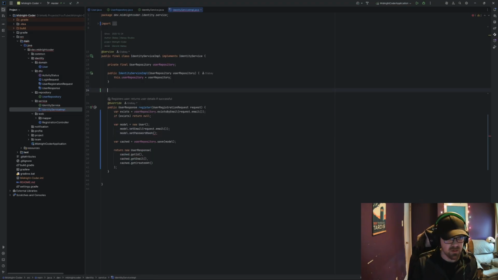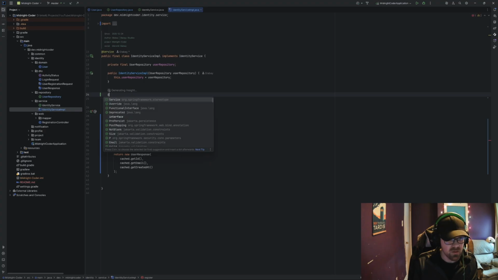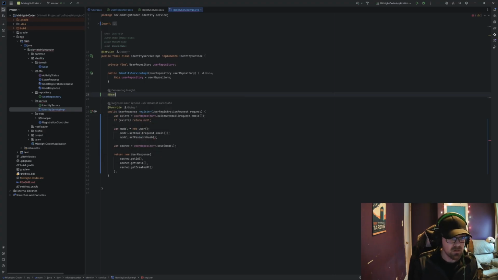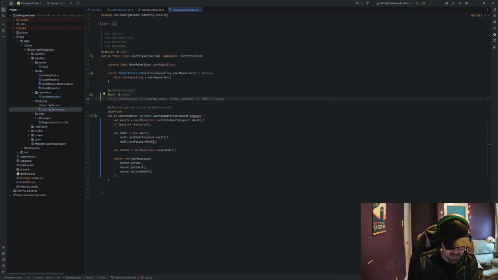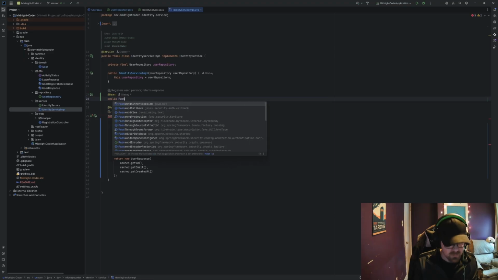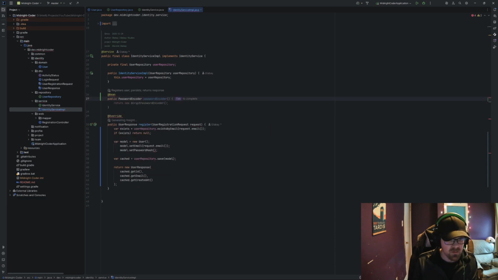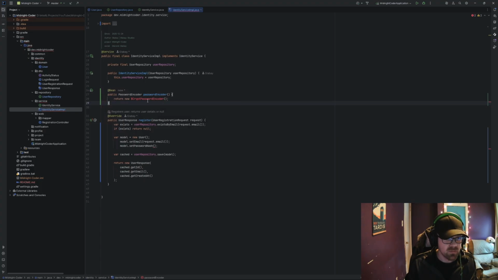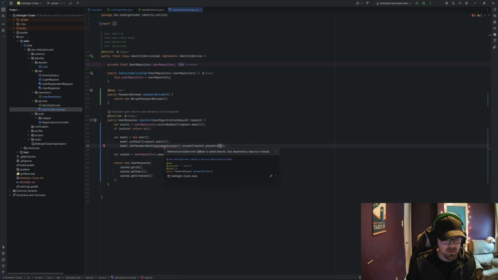Up here, we're going to have to create a little bean so that we can use this for our verification. So let's make a bean. This one is going to be public password encoder. And there we go. So we're going to do a password encoder, and we're going to be using bcrypt as our encoder. Now we can come down here and say password encoder dot encode,